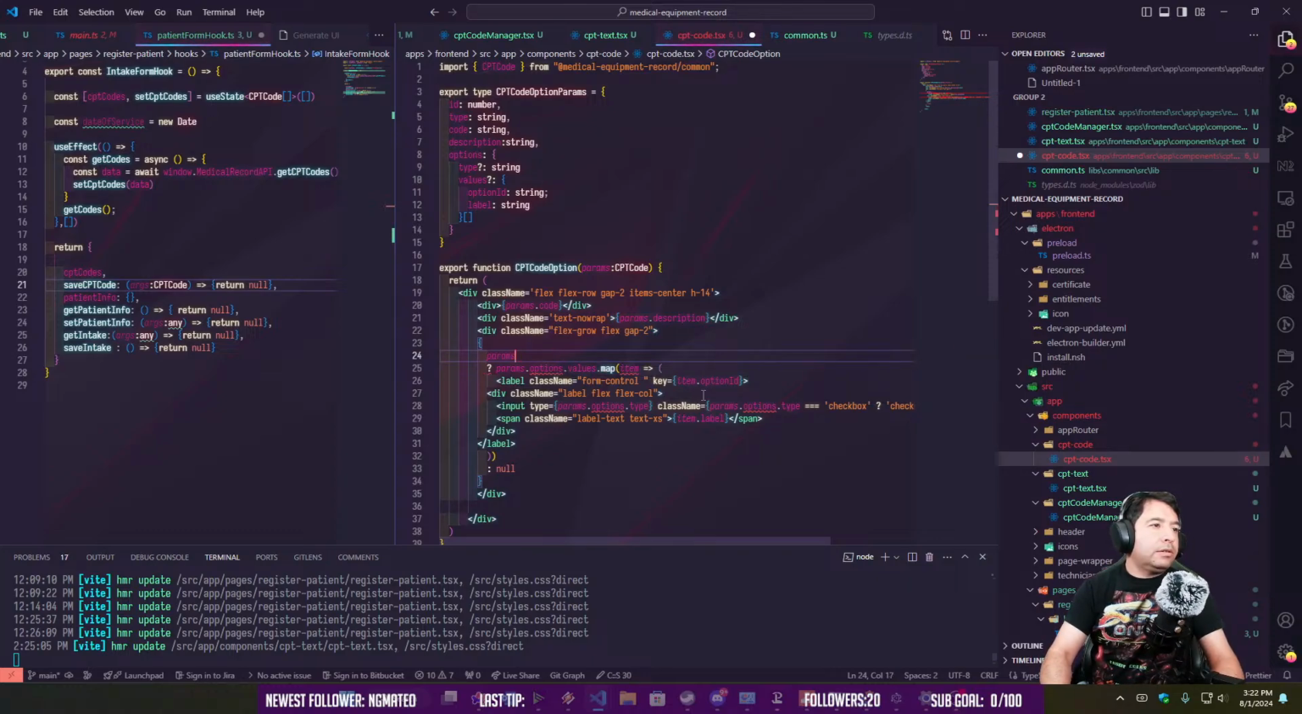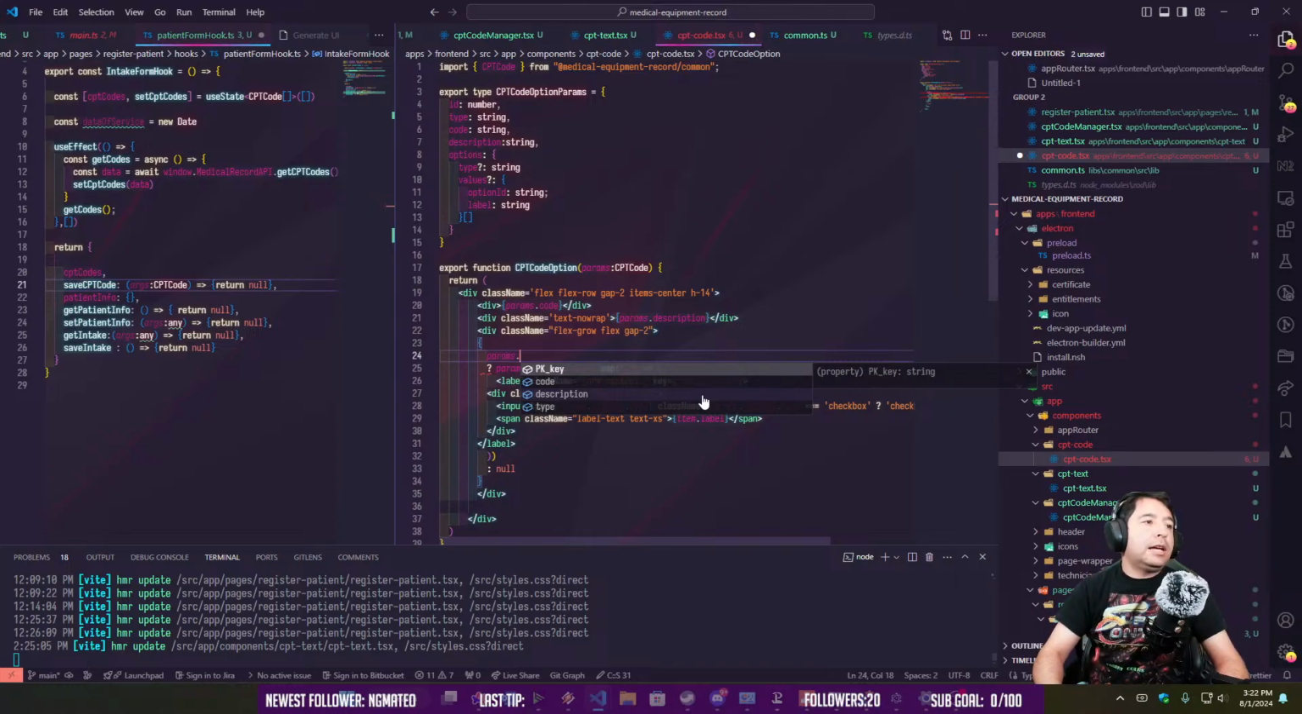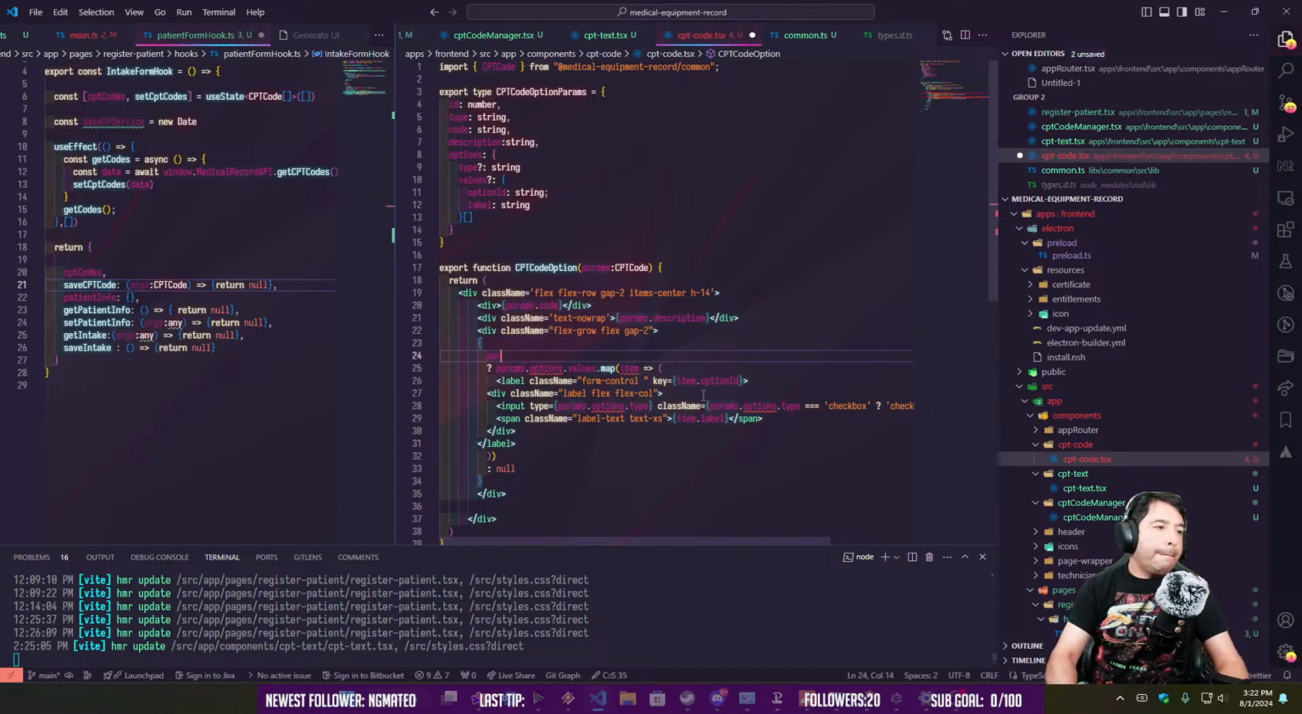What is going on here, params? So it is not telling what it is. Code description and type. So I had to tell that the type has to be CPT. Okay. So I'm gonna say here params dot type is equals to CPT, and